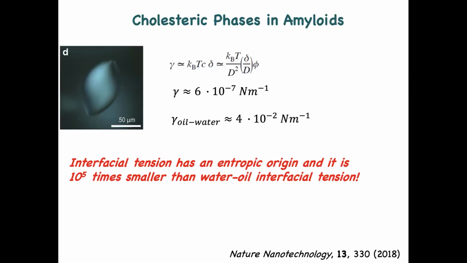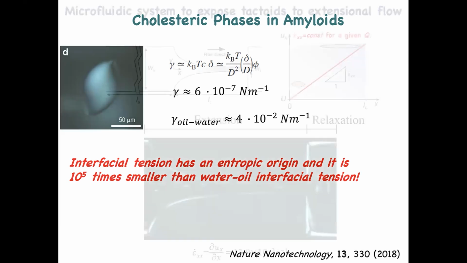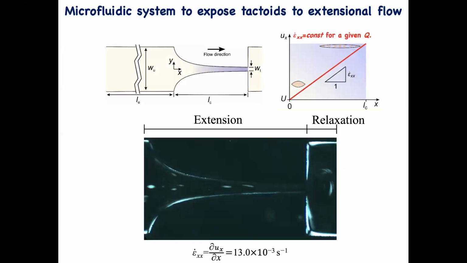Now, note, for example, there are people working with dextran and PEO, the still liquid phase version, because dextran and PEO do not like each other, it's still enthalpic. So in that case, the surface tension is still very low, but it tends to be 1 to 2 orders of magnitude more. So this is an extremely low one, it can be even lower than that, even 10 to the minus 8, depending on the concentration. And in fact, it's so low that it has a lot of very interesting aspects.